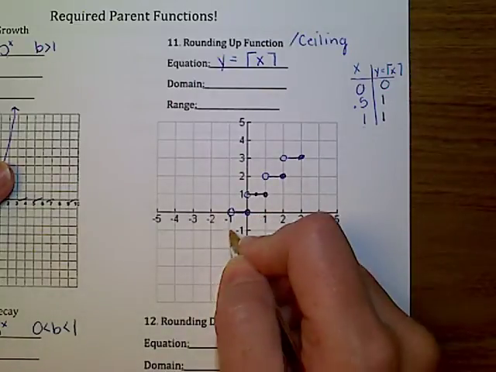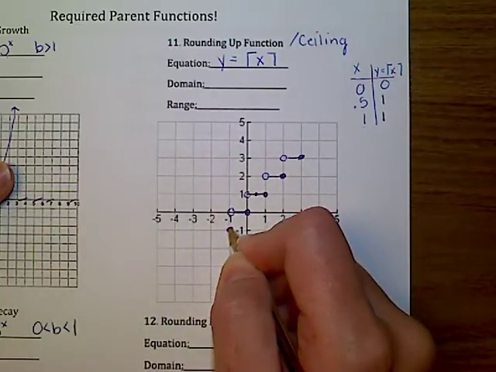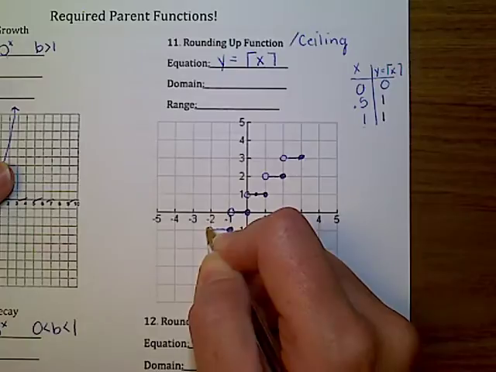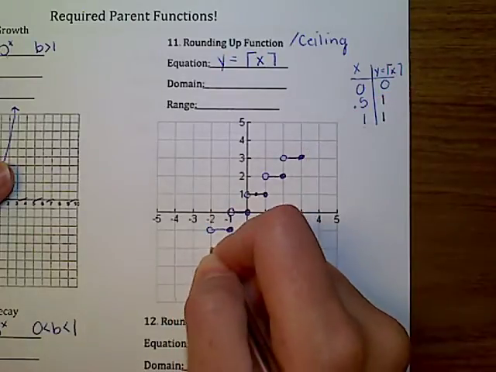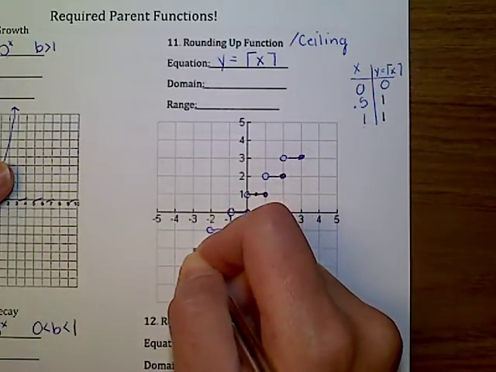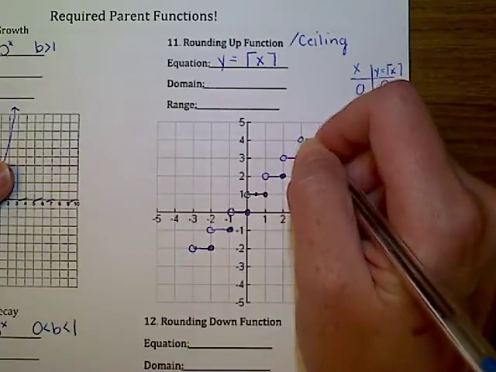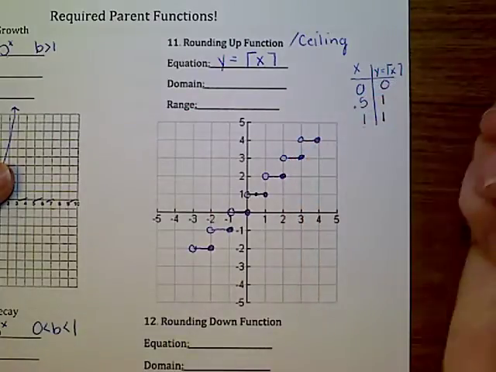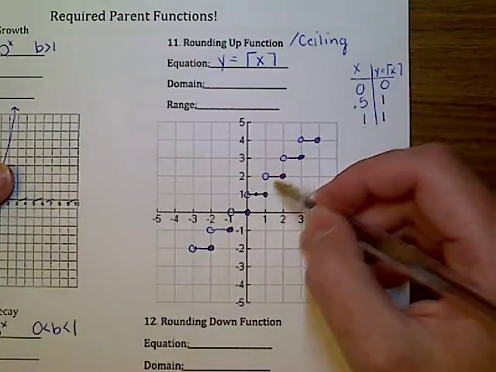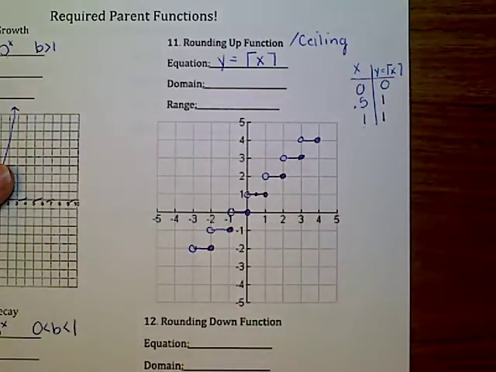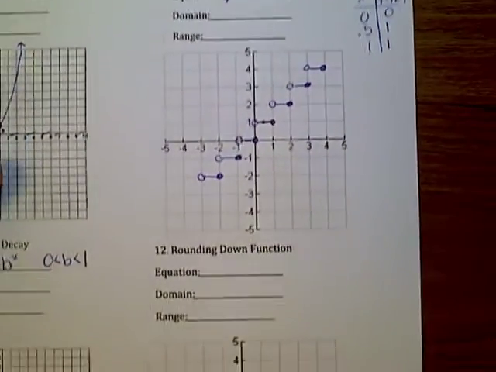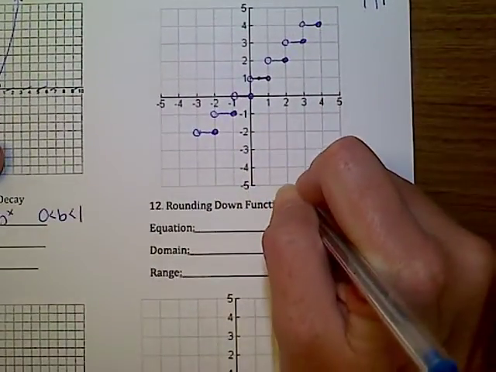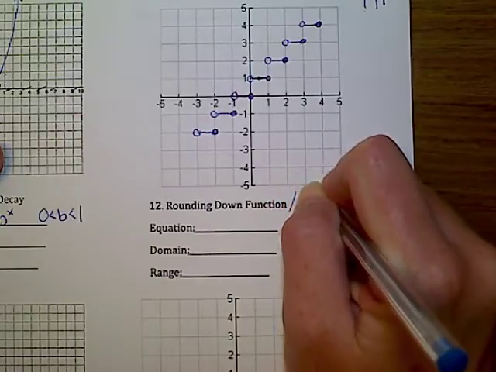Now you can see I made this coordinate plane kind of magnified so that it's easier to draw the steps. You can't draw them all. You can't do this forever, so eventually you have to say enough is enough. If you draw 2 in the positive and 2 in the negative direction, I think that's fine. And then the rounding down, or the floor function,